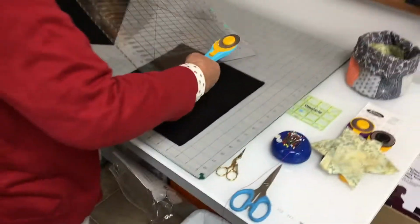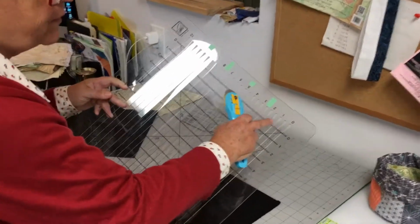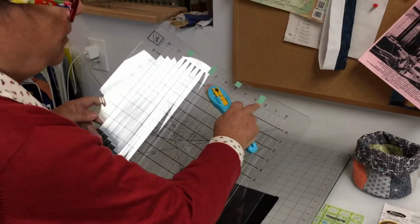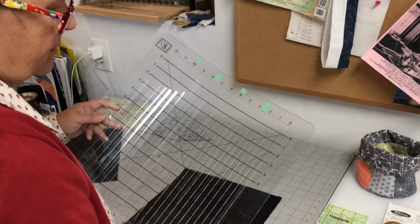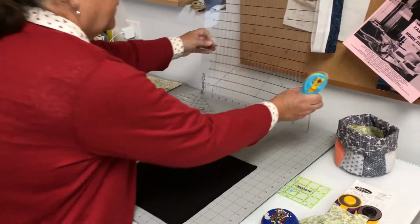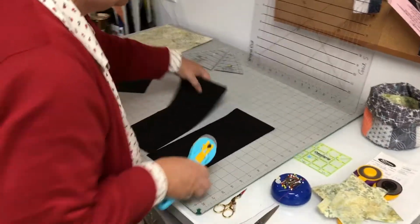And this ruler is awesome if you want to cut. It's got 1/2 inch segments. You can tell I've marked 2.5, 5, 7.5, and 10. And it's just awesome. So once I have my 5-inch strips,